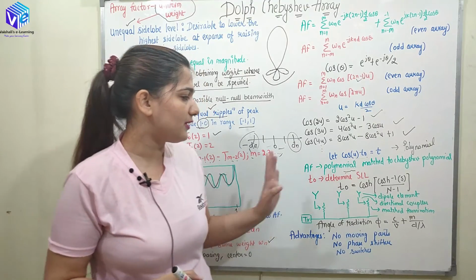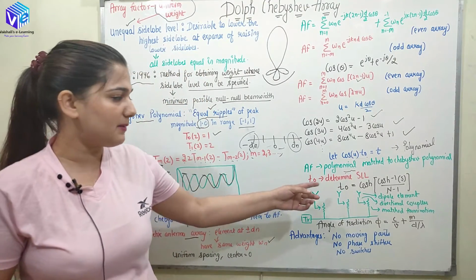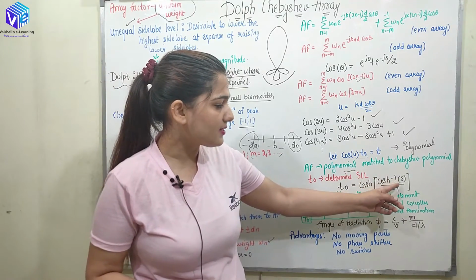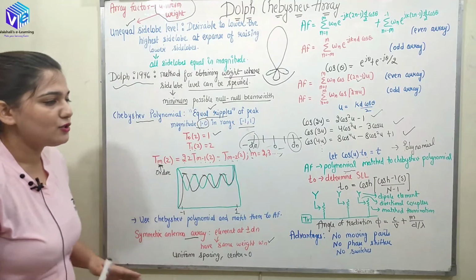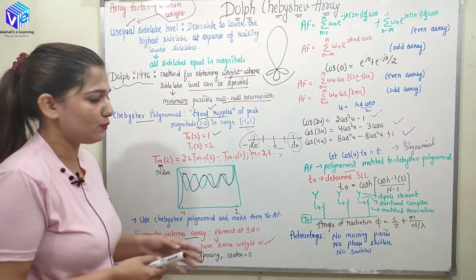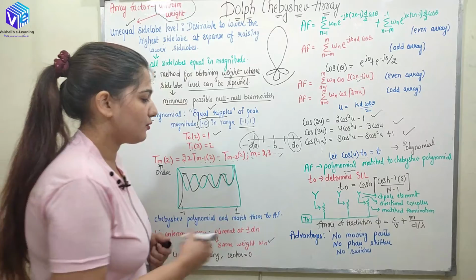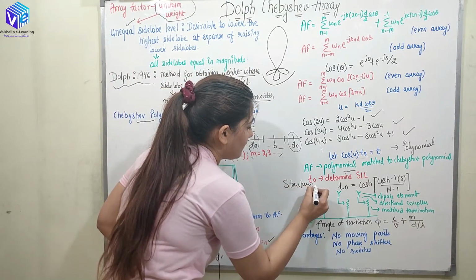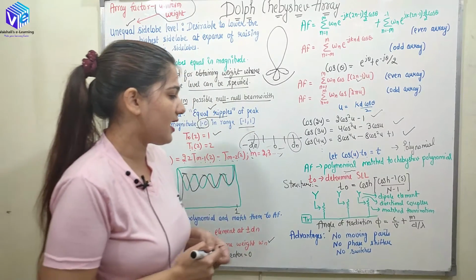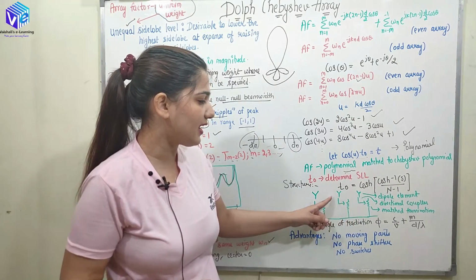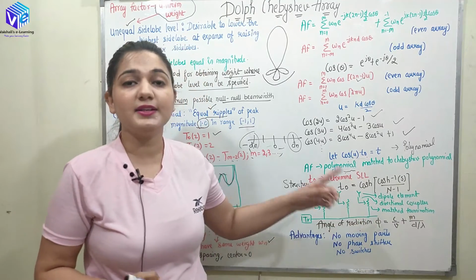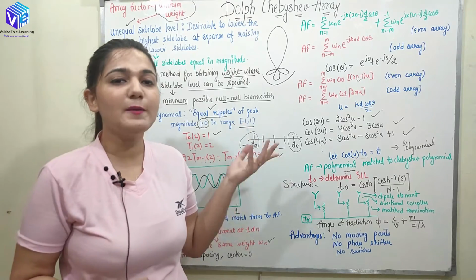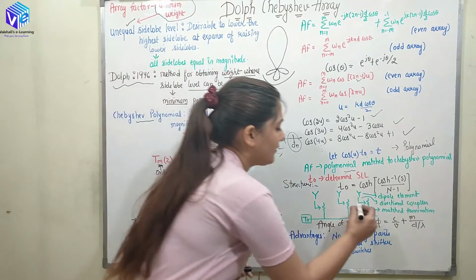So you can see to determine the side lobe level, we can represent the t naught as cosh inverse S upon n minus 1, right? So n is the total number of elements over here. So this is the structure. So here you can see we have the structure of the Dolph-Chebyshev array. So these are the dipole antennas that we have. The dipole antennas are connected with the directional couplers and which are connected to some load, which is called the matched termination, the ZL or the matched load.